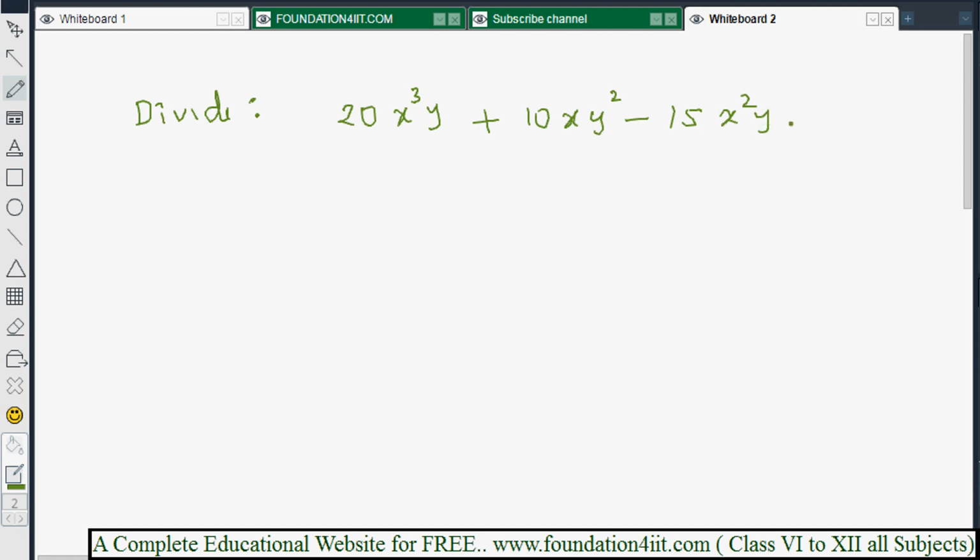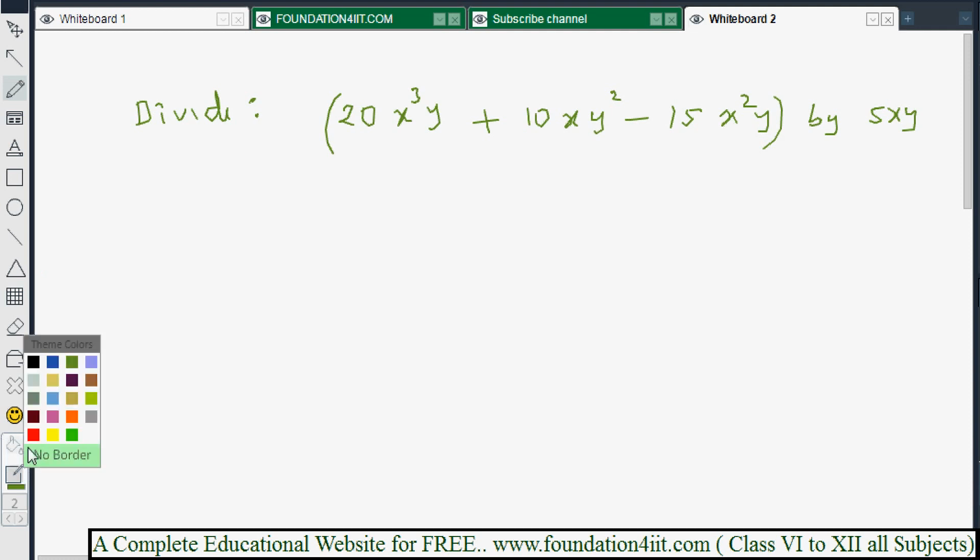I need to divide this by 5xy. Okay, let's see this one, total divided by this. Each and every term we should divide by 5xy. When you come to the solution,